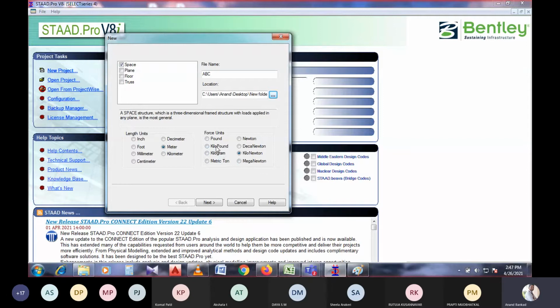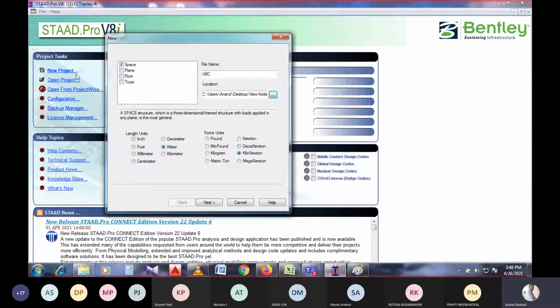Many force units are there, but we are familiar with kilonewton meters, kilonewton per meter, like that. For force and length these are selected by default. You just have to cross-verify whether these two are selected or not.